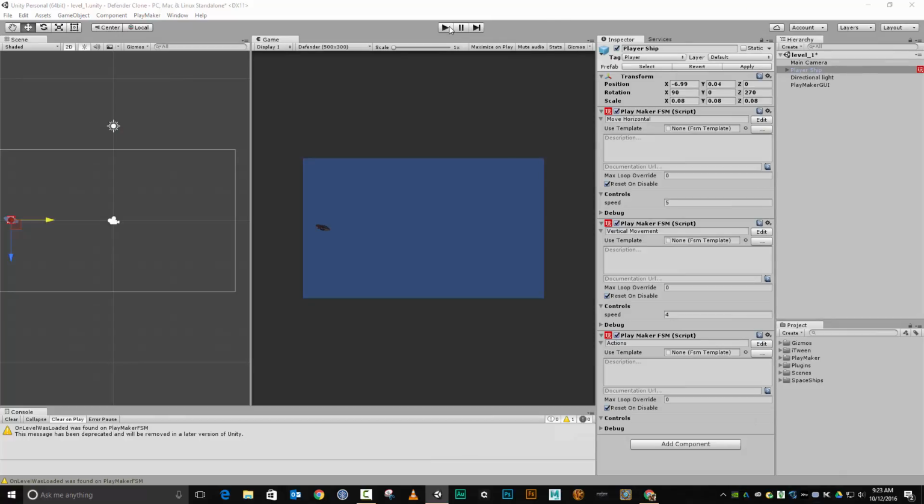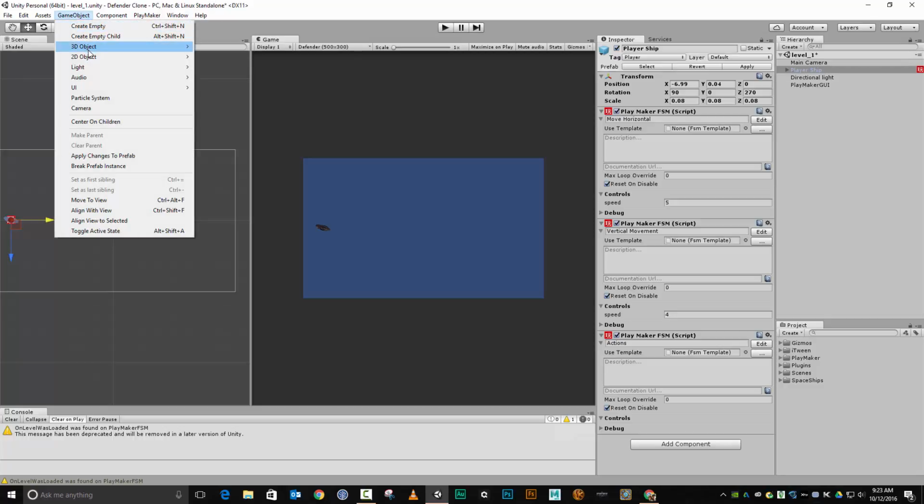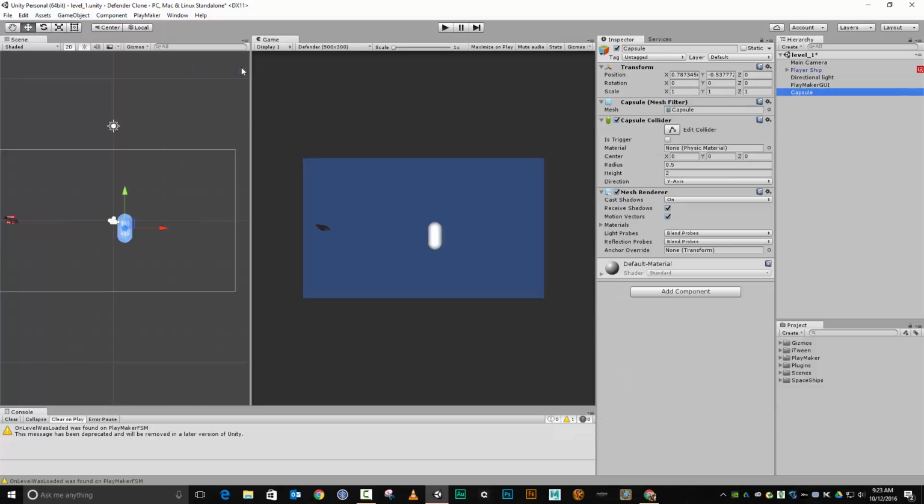All right, so next up, we are going to fire laser. Now, in order to fire laser, I'm going to need a laser that I can fire. So I'm going to go to game object, 3D object, and a capsule, like so. So this is going to be my laser, so I'm going to go ahead and call this, I'm going to call it player